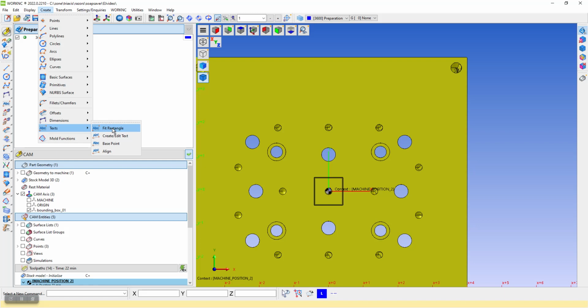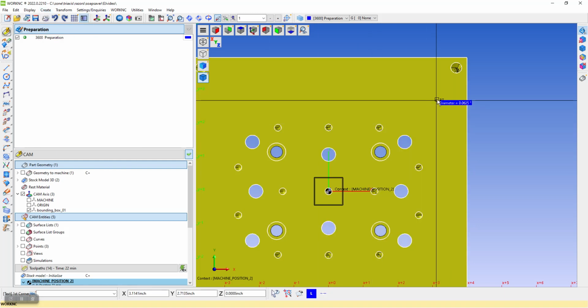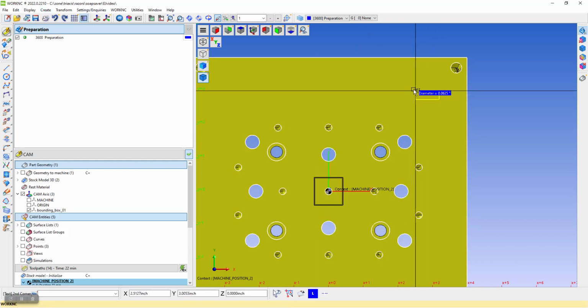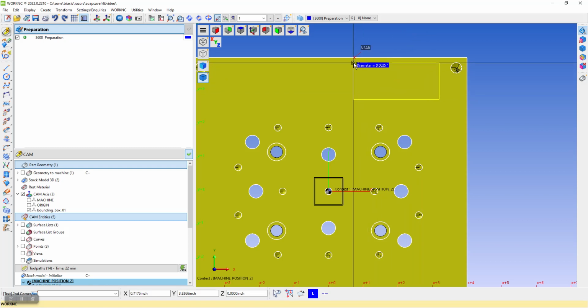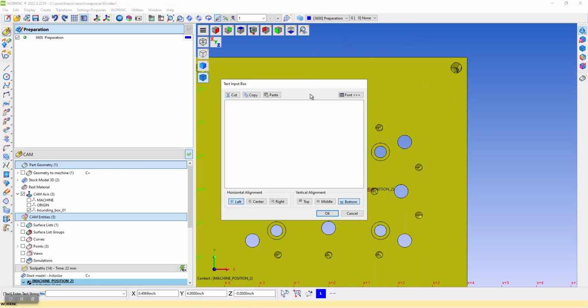I'll fit it to a rectangle, and don't worry about positioning too much here, but just left click and then get a rectangle and left click one more time and it plops you to this page. I'll click in it and start typing. Get the caps lock on. I'll use offset. It's P20 material